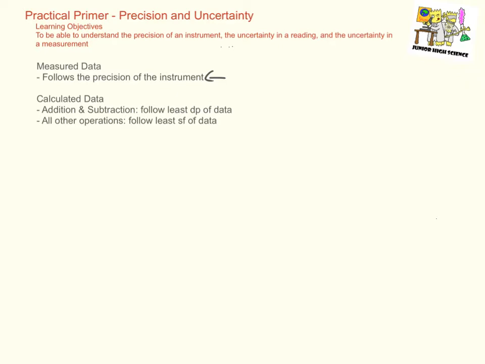So the precision of an instrument is always the smallest division in the instrument for a scale instrument. So for example, the precision of a meter ruler is the smallest division, which is 0.1 cm. Alright, and the precision in a thermometer, for example, can be 1 degree Celsius. So that's the precision of the instrument, which follows the smallest division on the markings of the instrument if it's